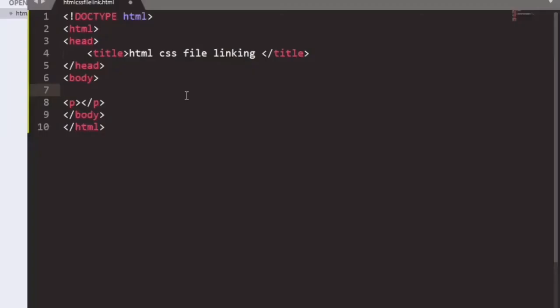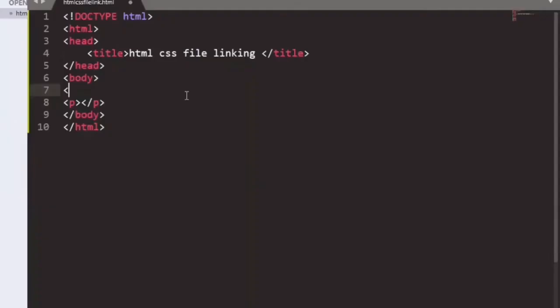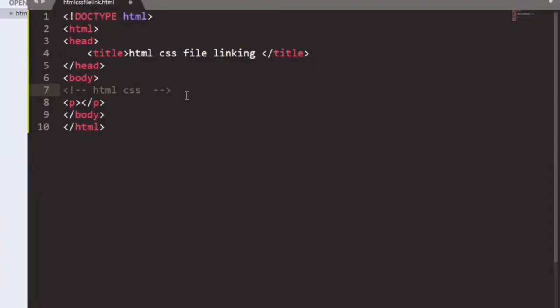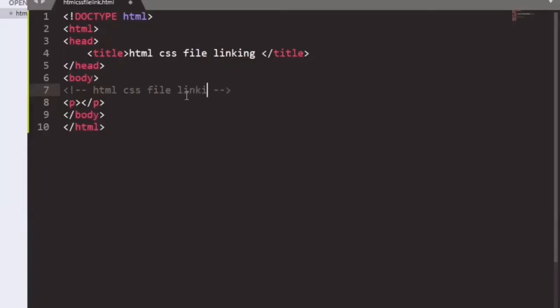Suppose we are taking a tag that is P, the paragraph tag. Suppose we are commenting here that we are doing HTML CSS linking, so that we could remember what we are doing in our file.